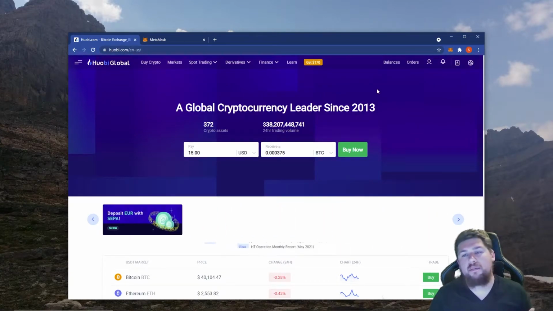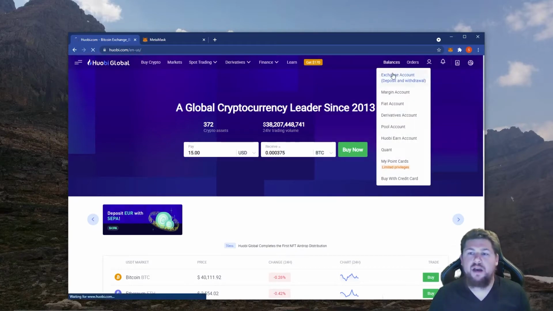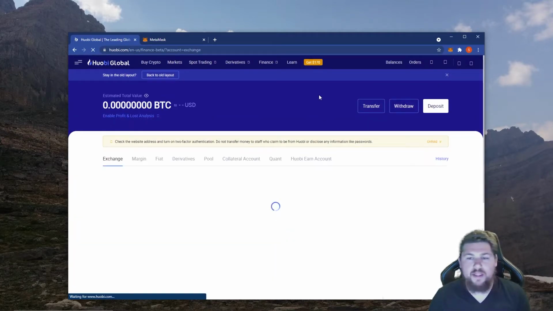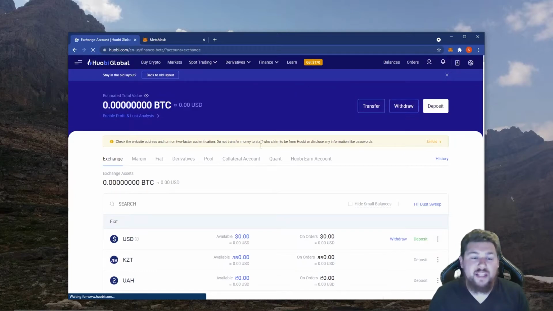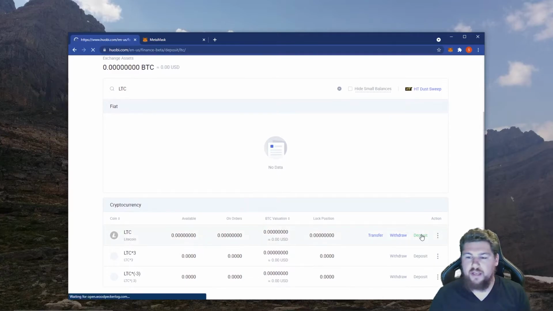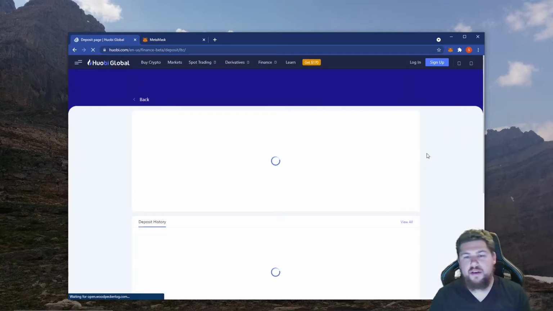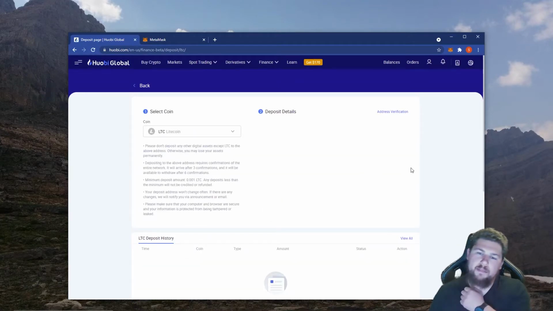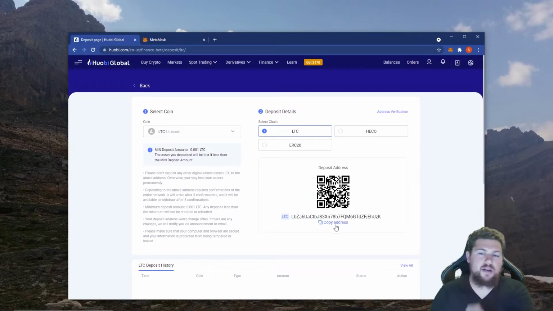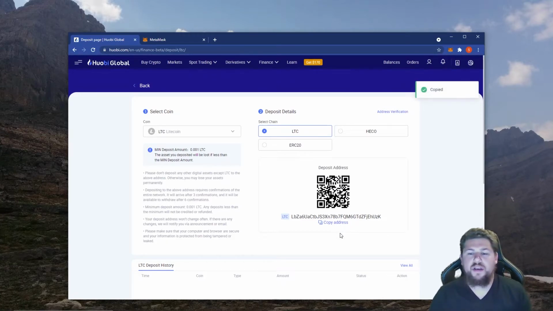So we're going to grab our Litecoin address from Huobi so that we can send it in from Binance, assuming you have Binance access. Of course, this will work with any other exchange as long as they have Litecoin and can send Litecoin with the Litecoin address. So we're going to search LTC and scroll down, hit deposit, get our deposit address. Now, for me, it popped up initially that I had to verify by email that it was the same address. So it shot me an email with this deposit address and had me cross-check it. So it's a little bit of a security feature. So what we're going to do is copy that address, make sure I've already validated with my email that it is the same